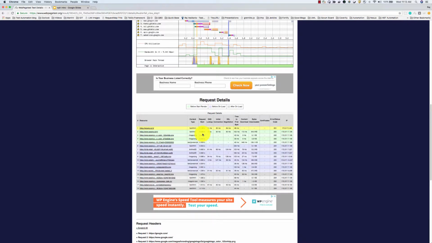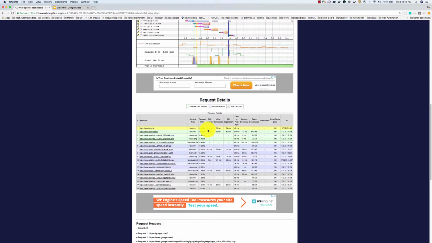The second one is the request start. This is the actual time when the request started or initiated. The next is a DNS lookup. This is the time spent to resolve the human-readable hostname to an actual IP address. In this case, https google.com will be resolved to an IP address, which is tough for an individual to remember. So DNS lookup actually maps google.com to a specified IP address, and the time spent to resolve that is called